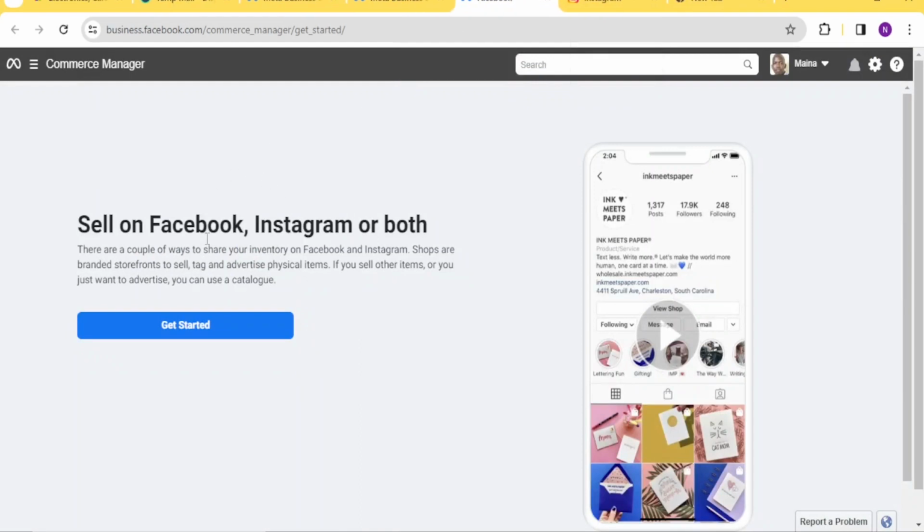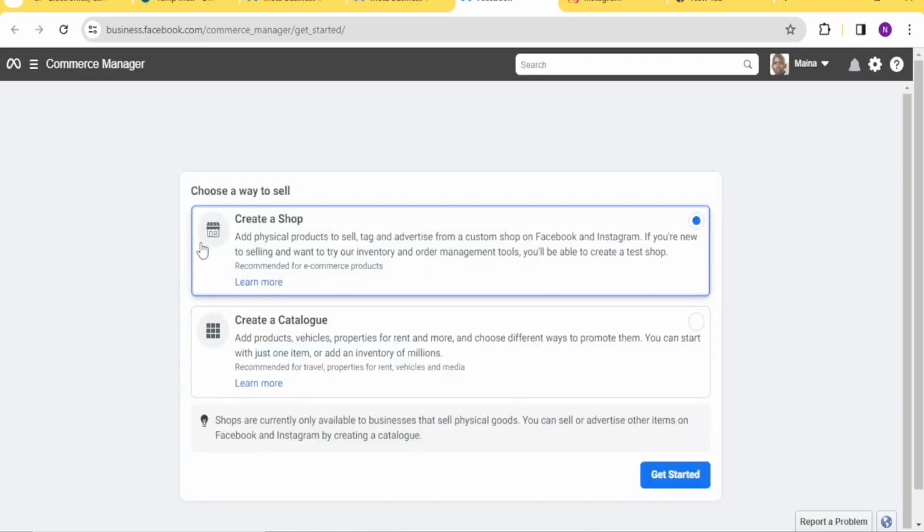You click on that, and it will bring you to this page where you see sell on Facebook, Instagram, or both. You will click on get started there, and then choose a way to sell. We have one, create a shop, or two, create a catalog. Remember, our interest is to create an Instagram shop. So we are going to select the first one, create a shop here, and then you click down here on